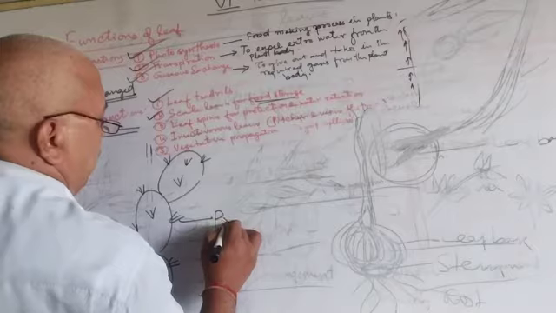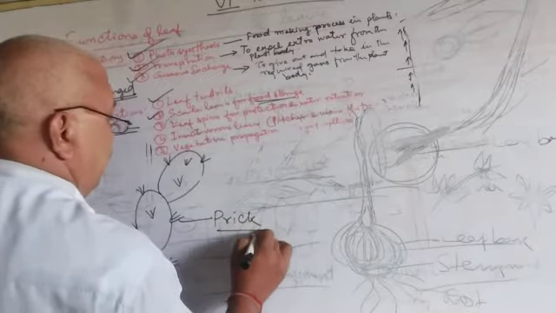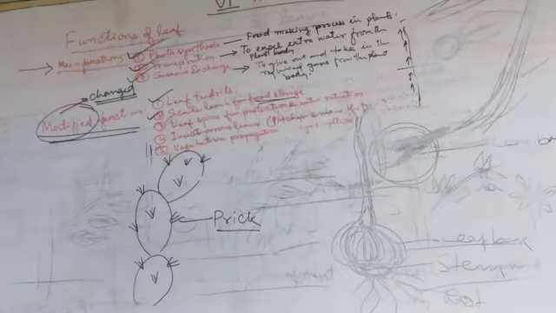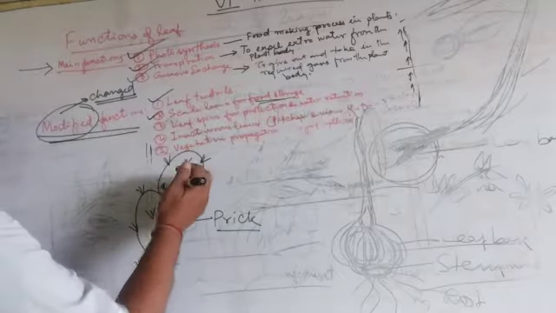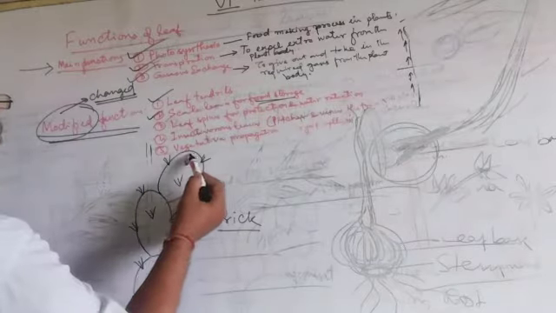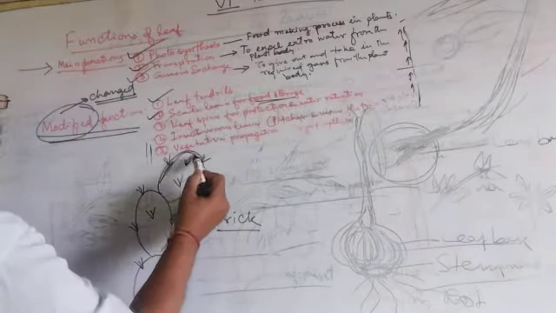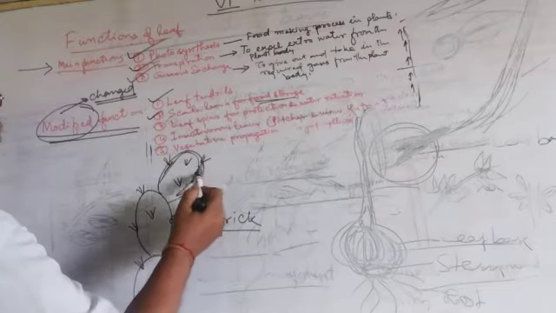This is a prick-like structure, right? And this flaccid, thick portion, which is green in color,